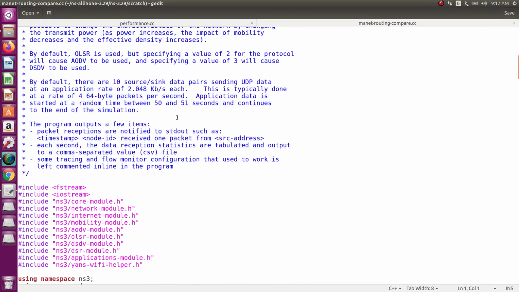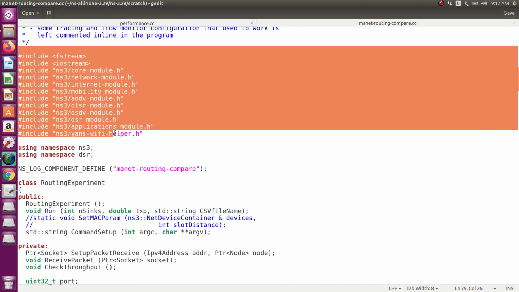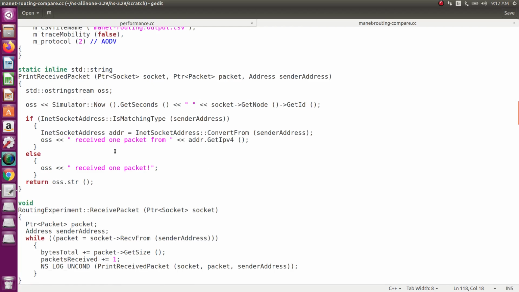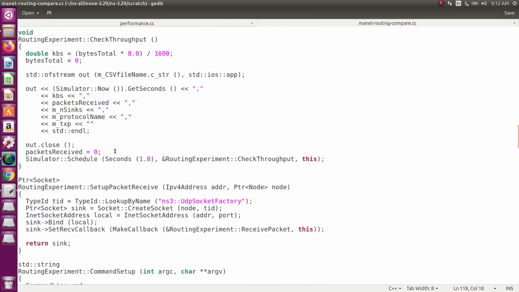In that program, we already know these are the header files. We are using port number 9, and the default protocol is AODV, with protocol number 2. So we are using 4 different protocols in this manet-routing-compare.cc.